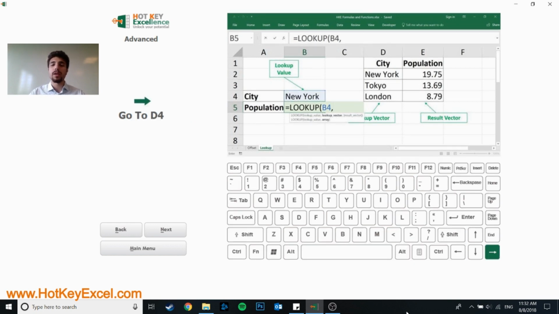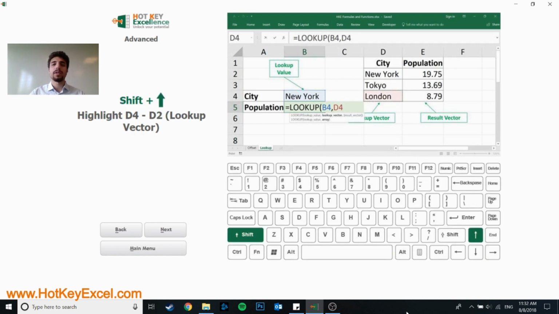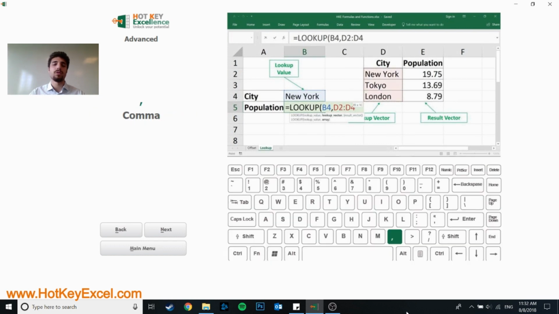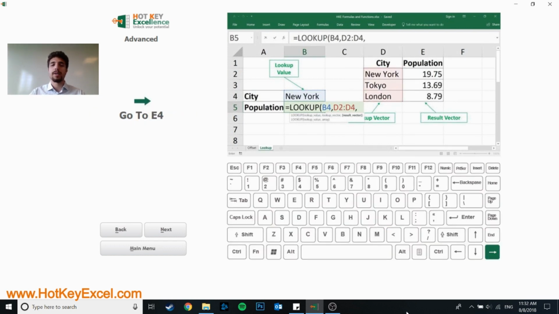Then we need to define our lookup vector. Our lookup vector is where we are going to look for the city New York. It's in column D. So let's go to cell D4, and using shift and arrow keys, let's highlight the range for all the cities. Press comma, and then